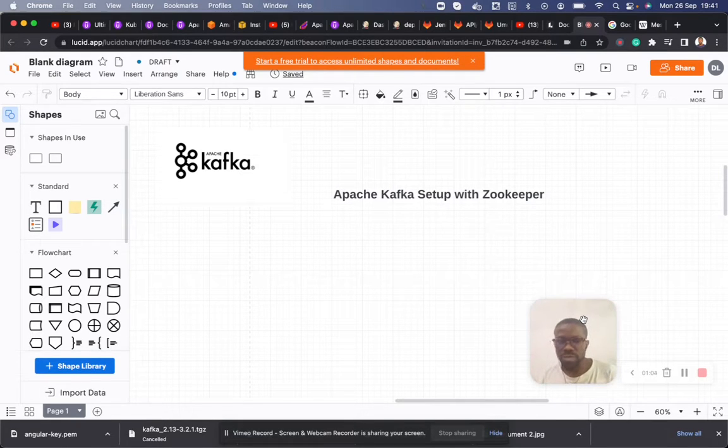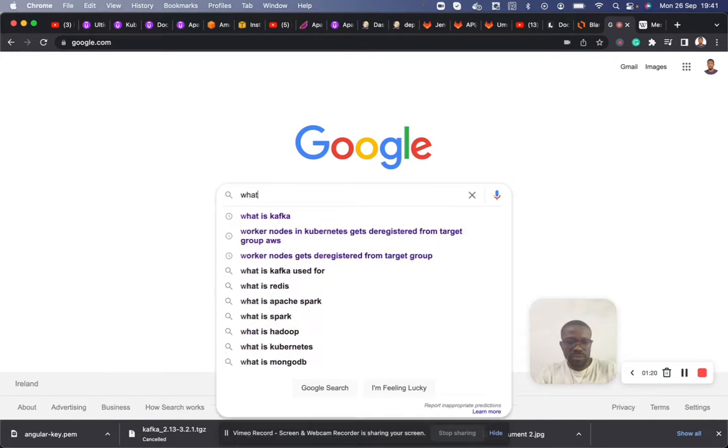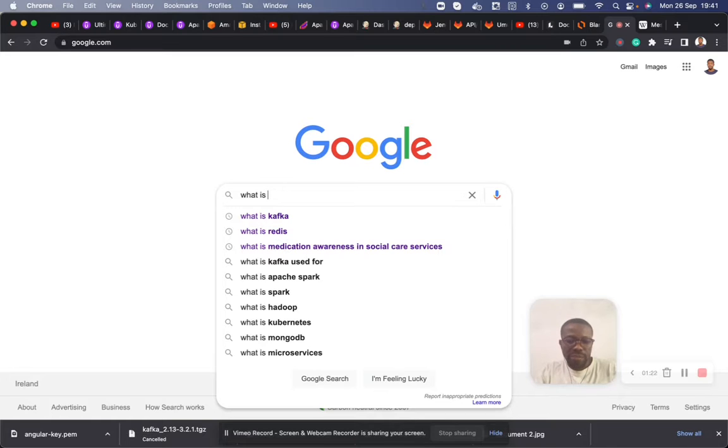Without further ado, we may need to start off with what actually is Apache Kafka. So for that, I will hop onto Google and let's search, what is Kafka.